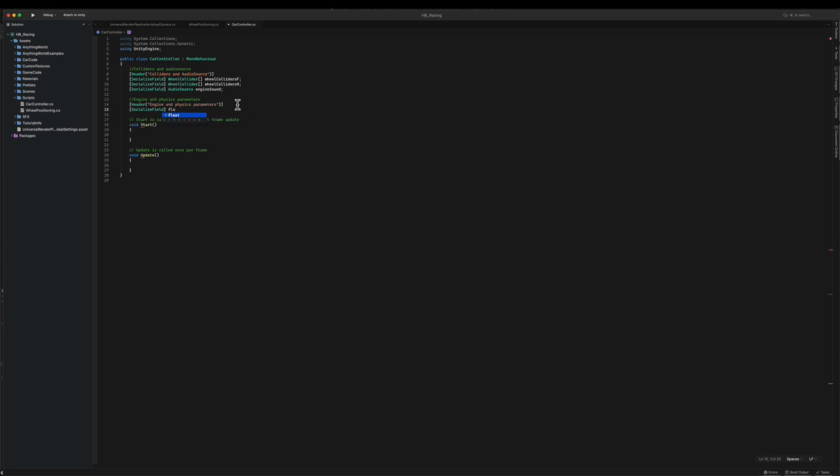So we'll start with a motor power, and then a float max rotations per minute, which is going to be 9,000, and my max steer angle, I'm going to set it for 30. Again, you can adjust these values as you see fit, as you play around with your game. The brake torque 1000,